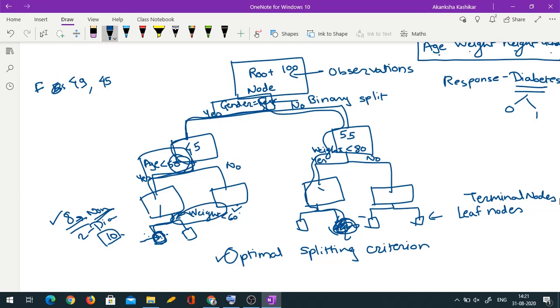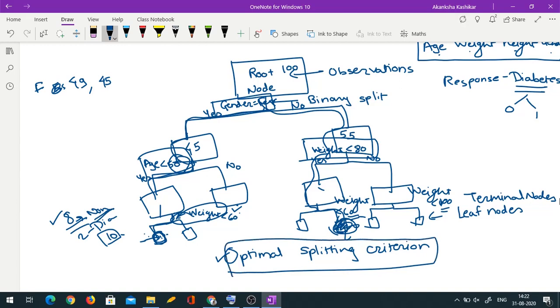That may happen. In fact, not just in different branches, it may happen that here you have weight less than 80, and then here it further gets split into say weight less than 60, and this one gets split into say weight less than 100. So that is also possible. A split on the basis of a variable may further get split on the basis of the same variable. Of course, the threshold has to change. So the job of the algorithm is to find the optimal splitting criterion on the basis of both the choice of variable, on the basis of which variable we have to split, and the threshold value.